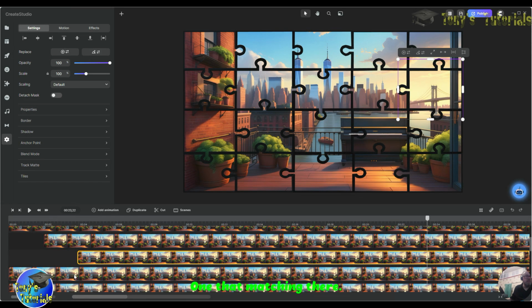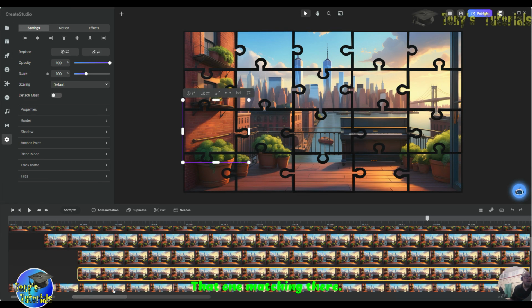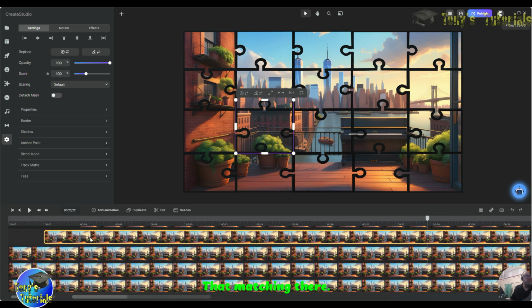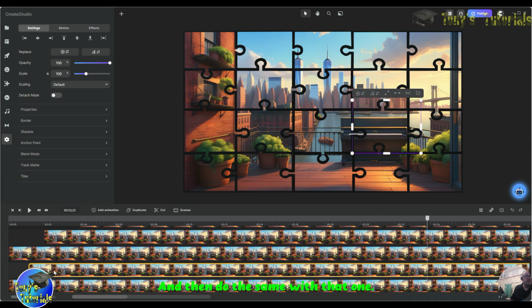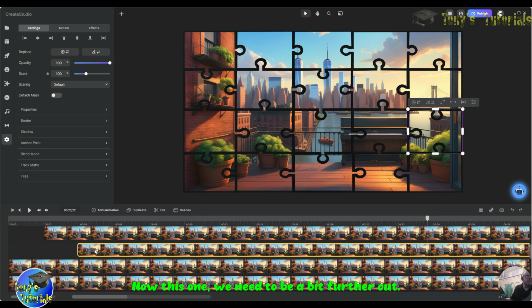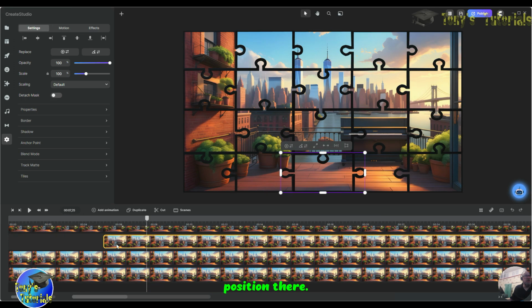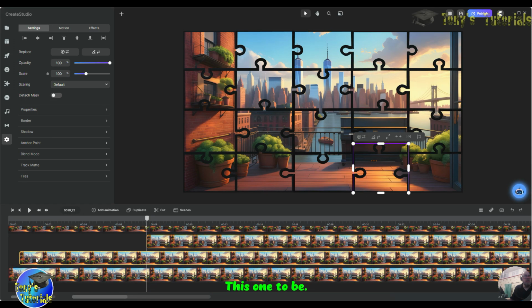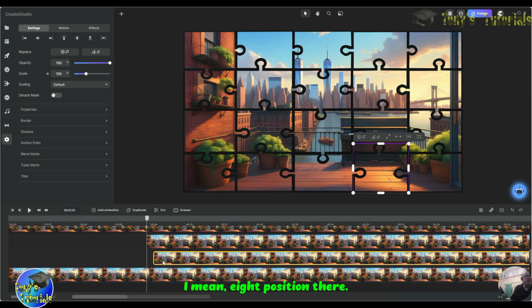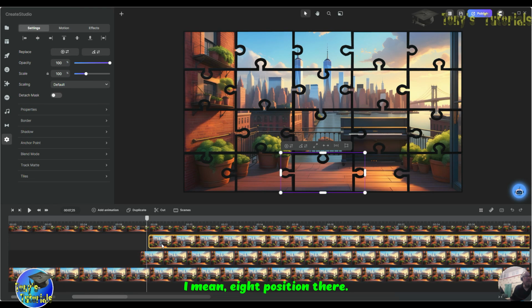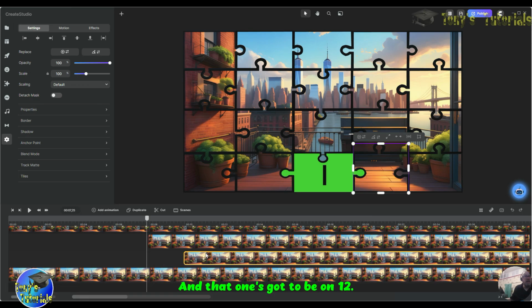And then the same with this one. One that matching there. That one matching there. Whoops. That matching there, and then do the same with that one. That one. You'll see in a minute why. Now this one we need to be a bit further out, so we want to go on to 4. Then we want the third one of them in the 4th position there. This one to be 8th position there, right? So that one's got to be on 10, and that one's got to be on 12,